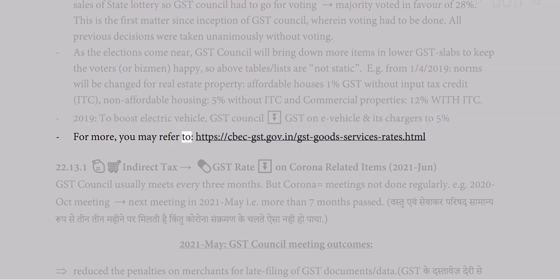For more, you may refer to https://cbec-gst.gov.in/gst-goods-services-rates.html